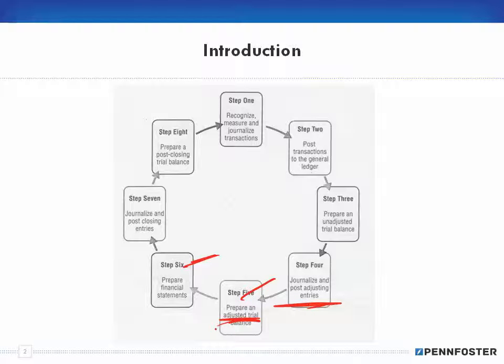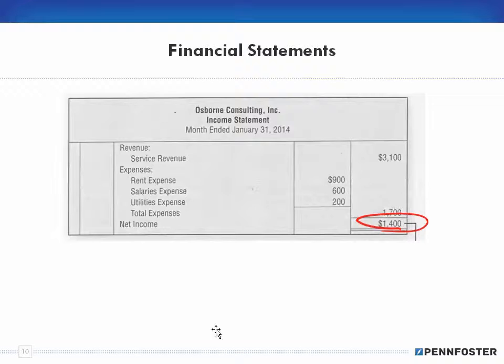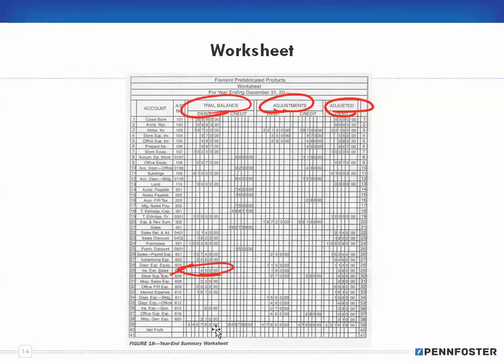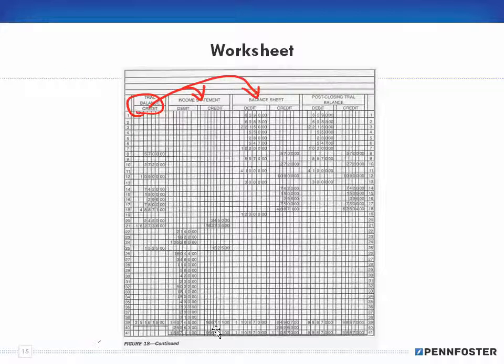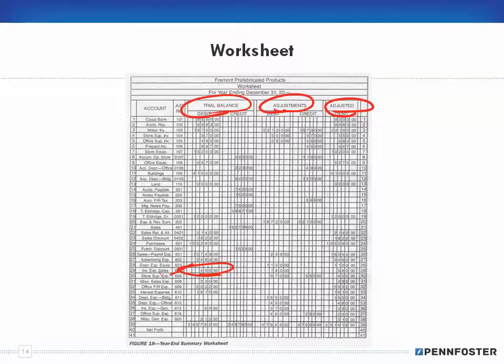All right, so let me jump down there. Worksheet. Okay, so here's our worksheet, and again, this was not in the textbook, and watch the previous videos in order to understand why I'm looking at this worksheet. So we had our trial balance, we made adjustments, then we did the math on our worksheet to have our balances in the general ledger accounts, and we use those in order to check the adjusted trial balance